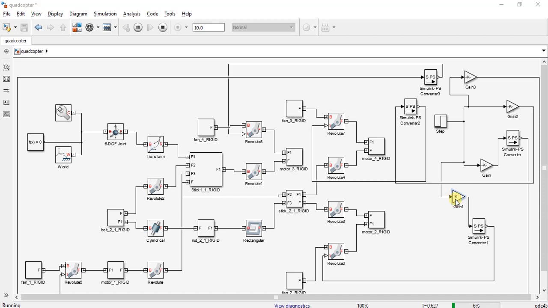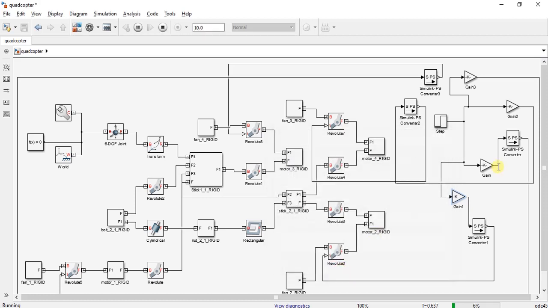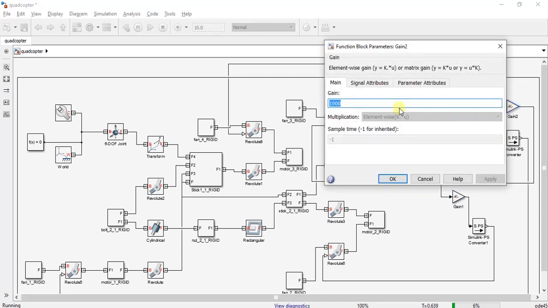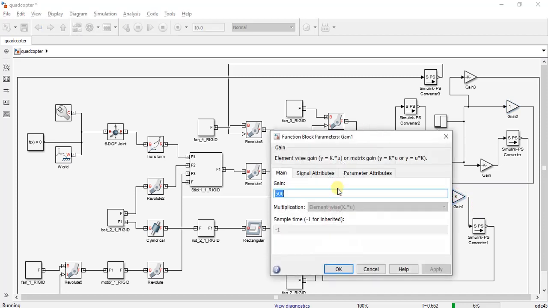So this must be having a lower value. So let us say it is 500, and gain 2, it must be also a lower value, 500. So we will reduce it. Okay, we will reduce it to a very low value of 1, and over here also reduce it to the value of 1,